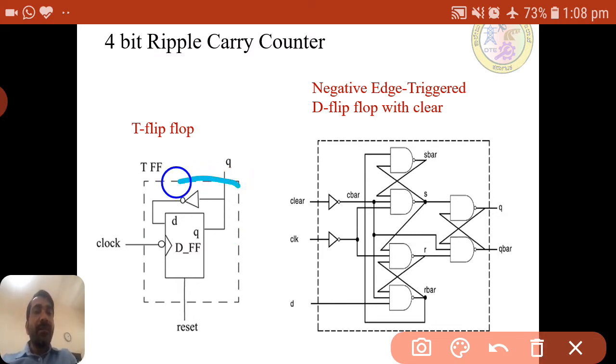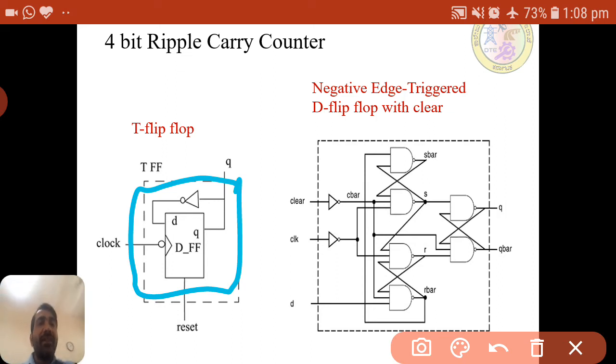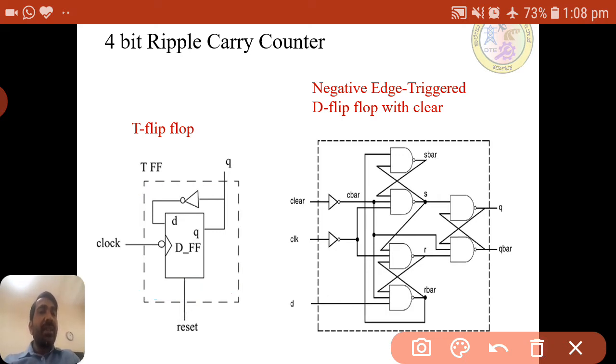So like this, the T flip flop will work as an inverter, meaning it toggles. It will toggle the input based on the D flip flop and NOT gate. The same D flip flop and NOT gate can be represented in a logic circuit using gates and latches.